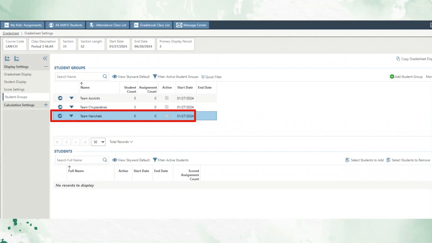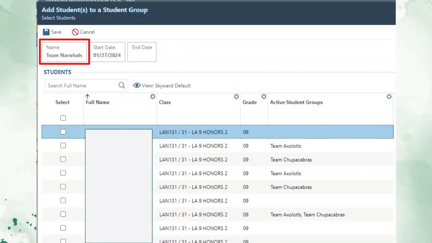And you can see now that I've done this a couple times. I added 3 different groups. And if you want to go to a group like I have selected here, you can see under the column labeled student count, there's a 0 there. I don't have any students in that group. So in the bottom right, I can click that option to select students to add, and that'll bring me back